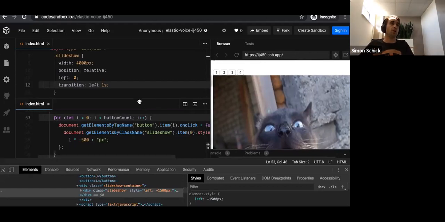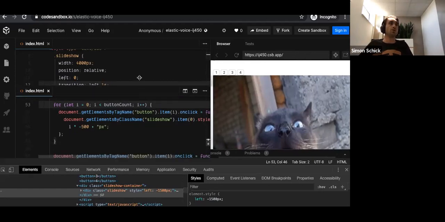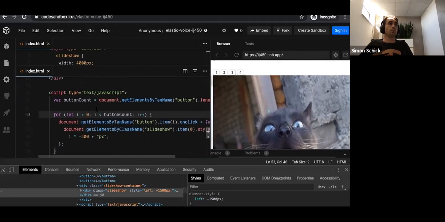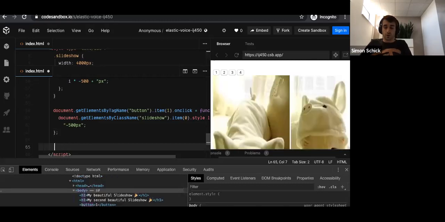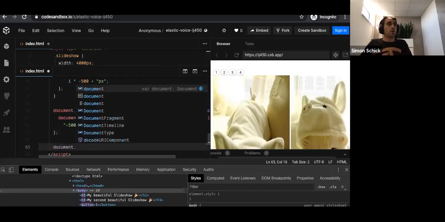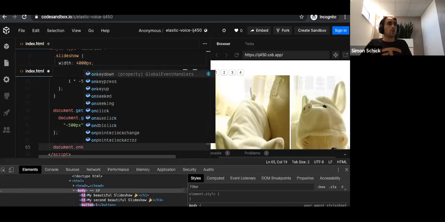This is something that might be interesting to start with. Let's go ahead. There's this function. Let's take our, I think it is on the document again. Yeah. Is there an on